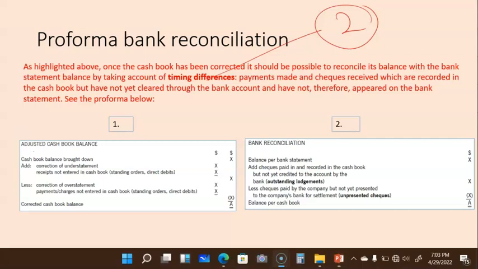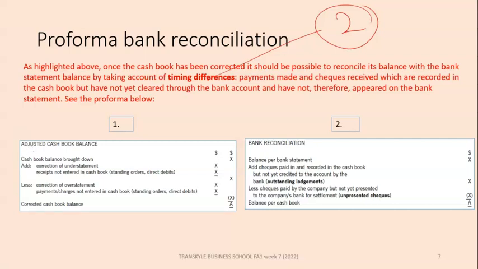Okay, the adjusted cash book balance. For you to arrive at the adjusted cash book, when we talk of the adjusted, we are referring to this final balance, the cash book balance. That's the adjusted cash book balance. So in the exam, the examiner is going to give you, and even in the assignments I'm going to give you,